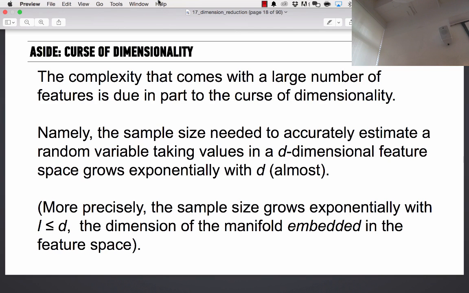So if you have a great working model for predicting how much a car costs, and you're using the make of the car, the model of the car, the year of the car, how used it is, and how many accidents it's been in, you have a great model for how much that car costs. The second you say, all right, now I also want to add in the zip code of where I'm buying it from, the second you add that next dimension, you, in general, need a lot more data in order to accurately represent that new added level of dimension. That's the curse of dimensionality.